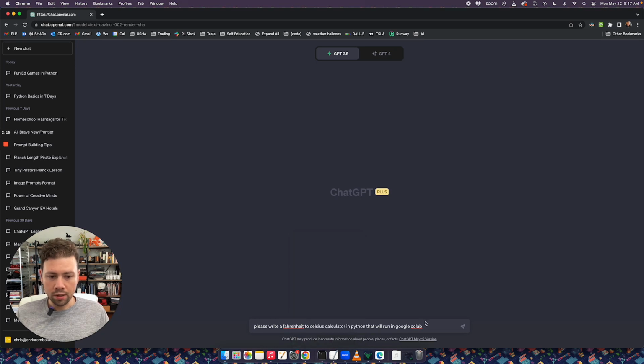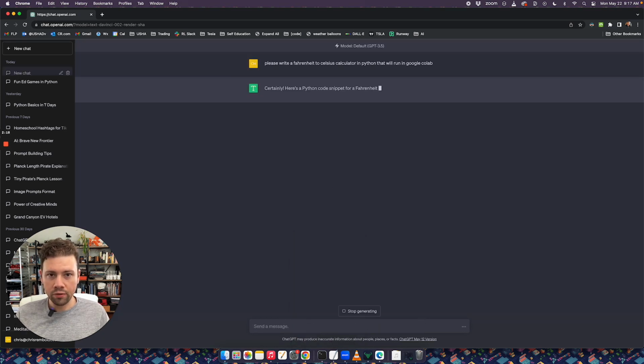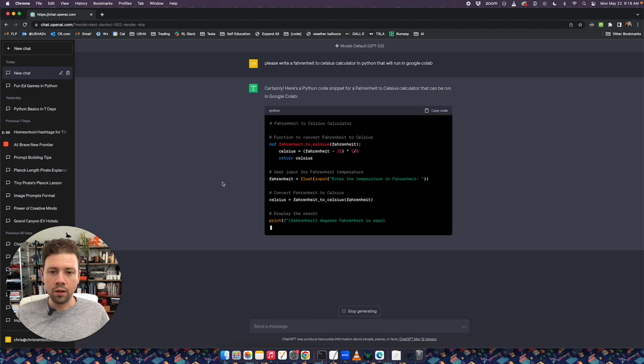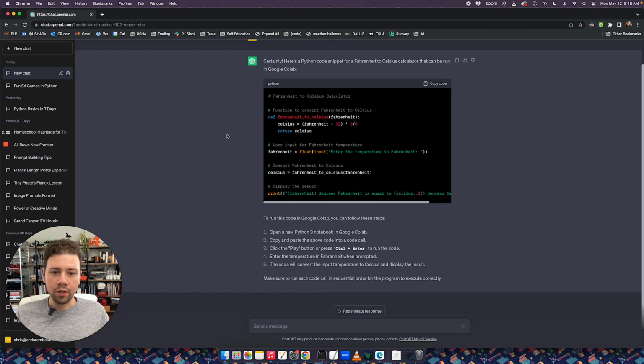And we're just going to run this and see what it gives us. So GPT is pretty good at writing code. GPT-4 is better than 3.5 for this, but what we're going to do is just copy this code